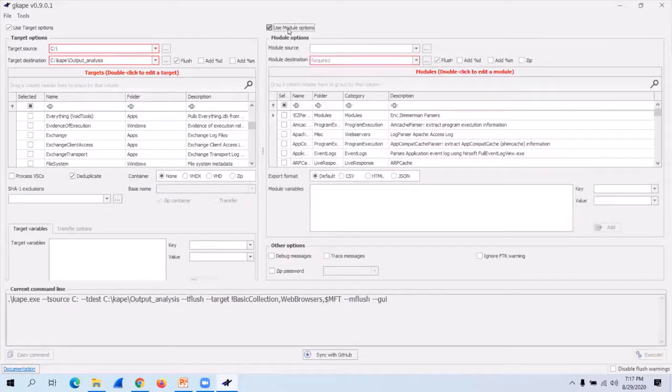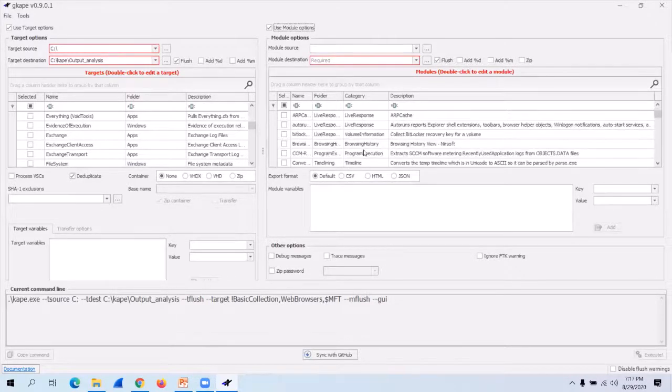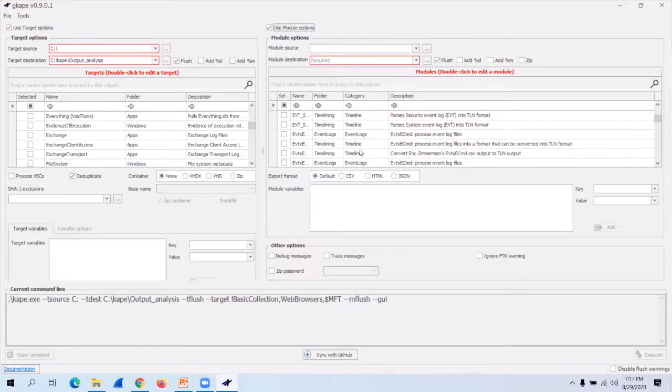So coming back to the modules, these are all the parsers that have been written by Eric Zimmerman, SANS instructor, and a lot of security professionals around the world, and it's very easy to write it. I'm also right now working on it for some of the cloud-based artifacts, such as Teams, OneDrive. There are a lot of things for which the parsers are currently not available out of the box. So you can always come up with a solution. You can write a small script, place it here, get it approved by the CAPE team.